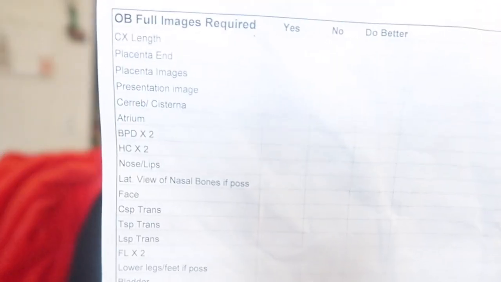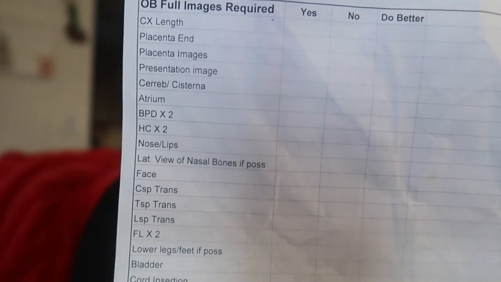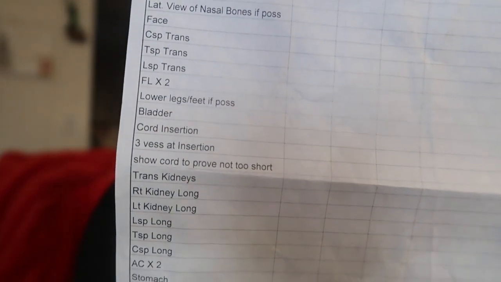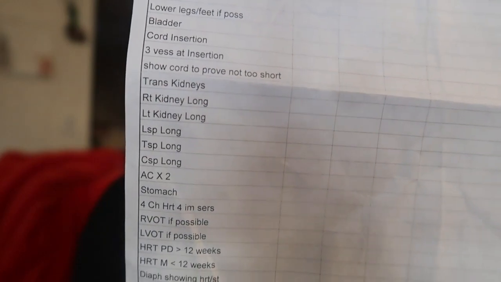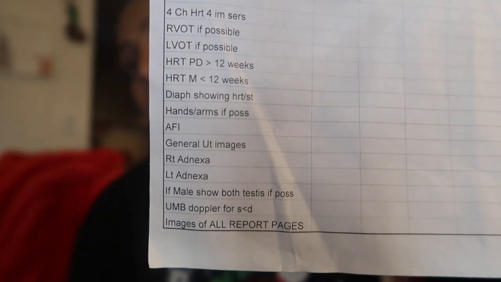But those are all the images that you need to get, and I will hold them up. I'm not sure if you're going to be able to see them. Yeah, these are the images that you will need to get and provide the radiologist with for an 18 to 20 week full anatomy scan of a fetus, of a baby,